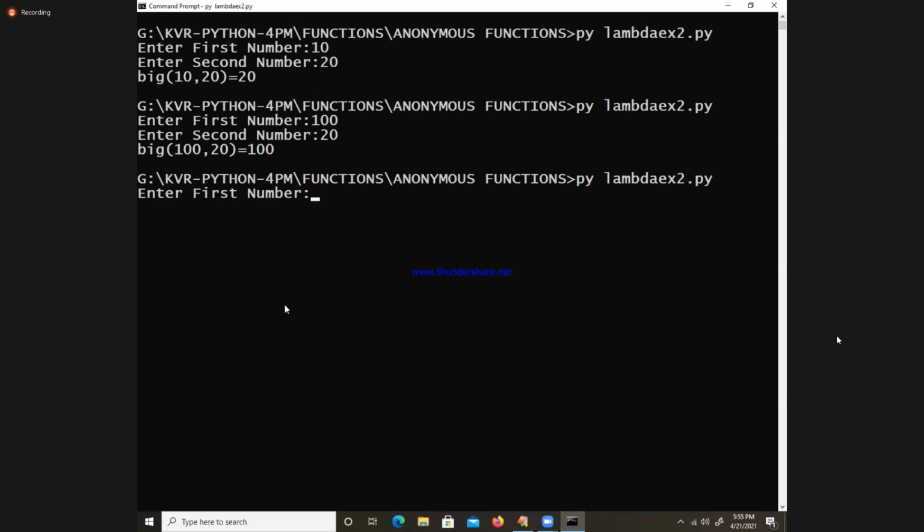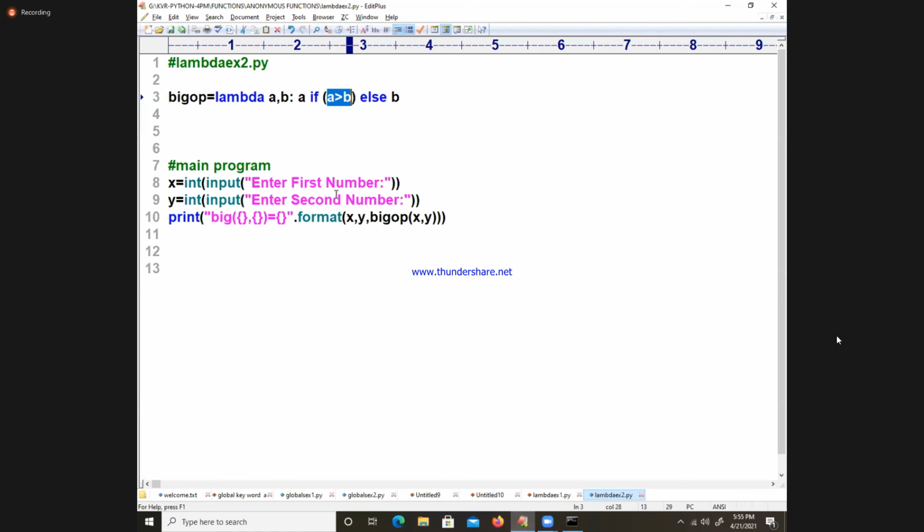Next, last and final. You may have a doubt like this. 10 10, I entered. The first value 10, second value also 10. What is the value of A and B here? 10 10. 10 greater than 10. True or false? False. What value is returned? 10 greater than 10 is false.